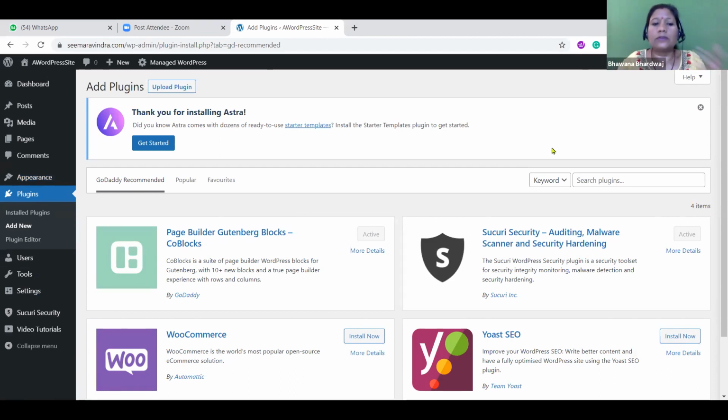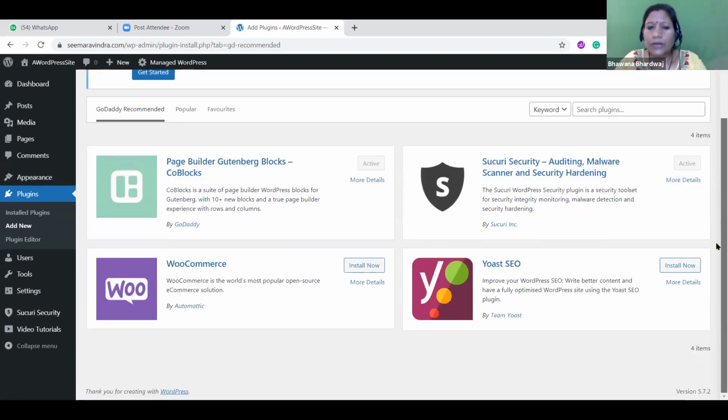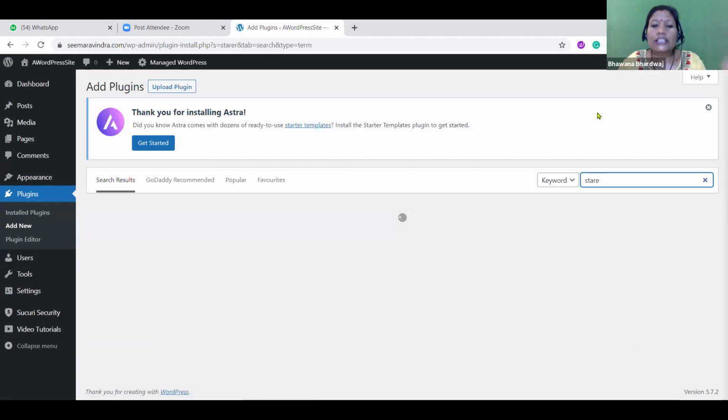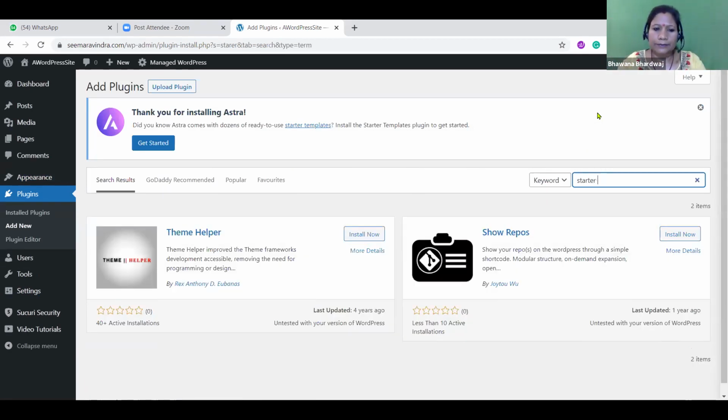It might be possible that there is a 99.99% chance that your starter template will be there. Just in case it's not there, you can go to the plugin, go to add new, and here you can search for starter template. There is a search plugin option, search keyword. Yes, here you can search for starter template. Starter template is nothing but a collection of templates.